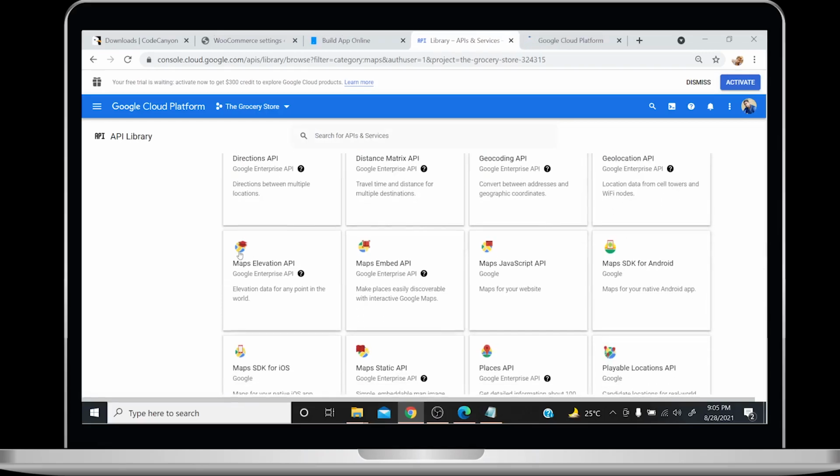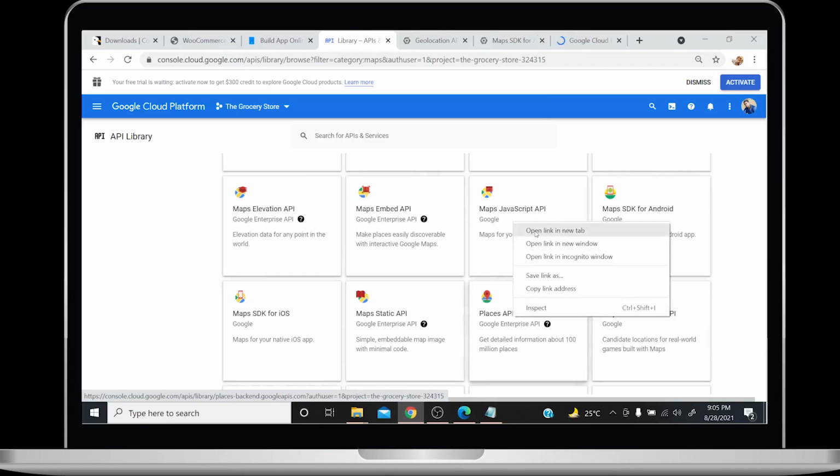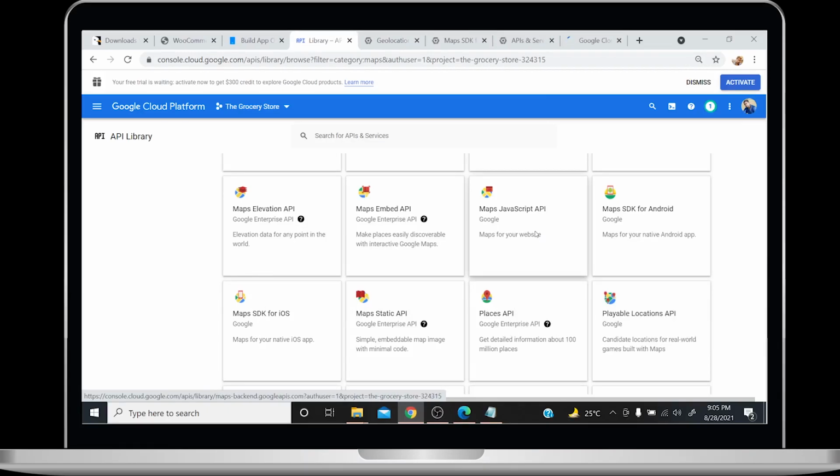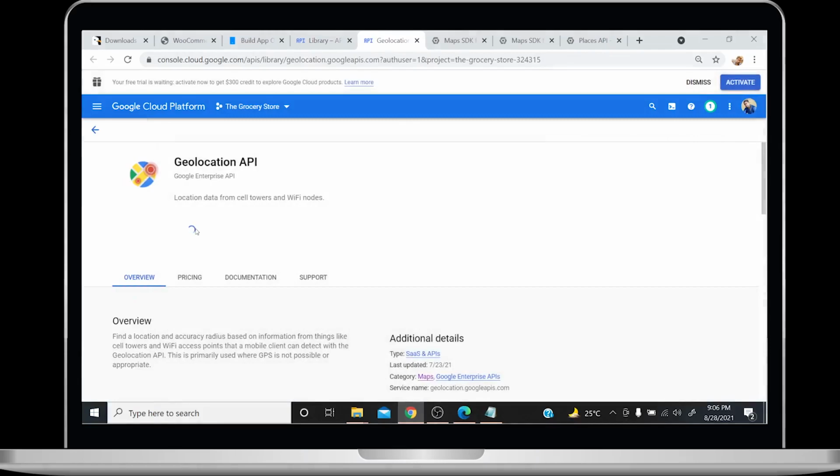The second is Map SDK for Android. The third is Map SDK for iOS. And the fourth is Places API. Now, go to each tab and enable each API we just opened.